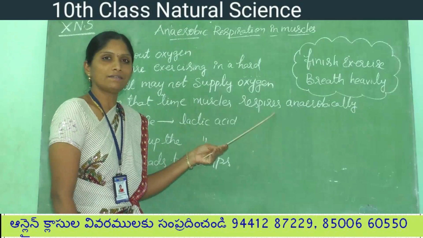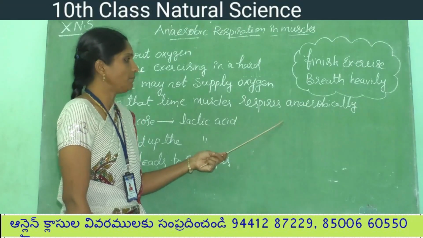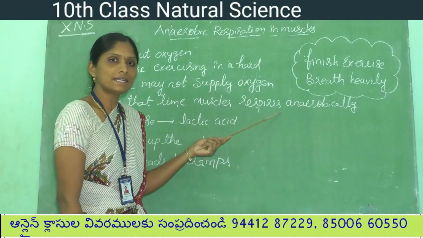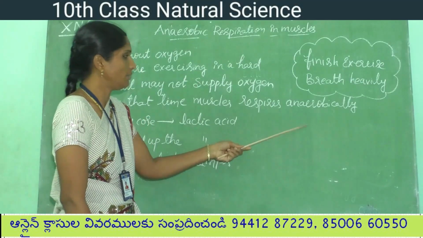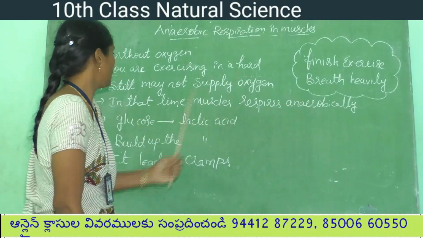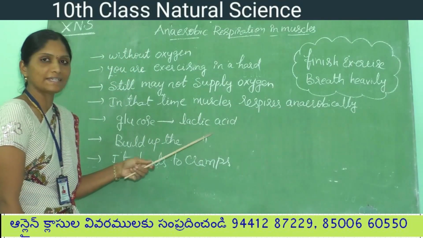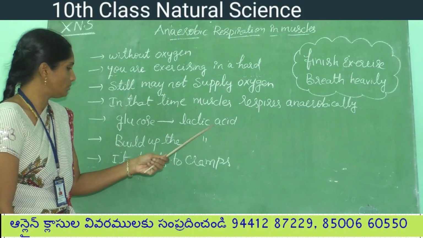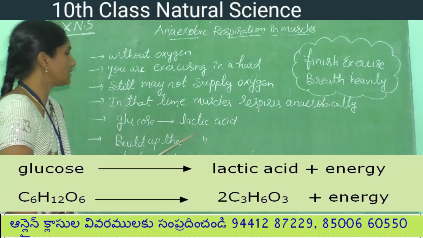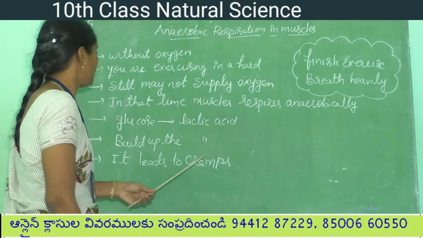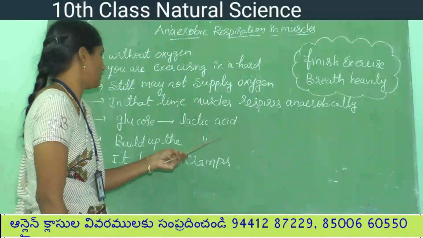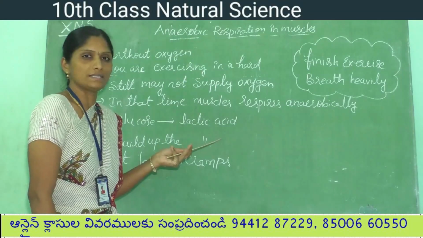So, what is the meaning of anaerobically? Anaerobically means the glucose doesn't complete the process of oxidation. In that time, glucose is converted into lactic acid. So lactic acid accumulates in the body cells, and lactic acid accumulation is very bad and poisonous,